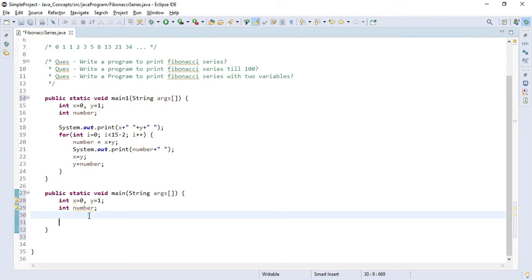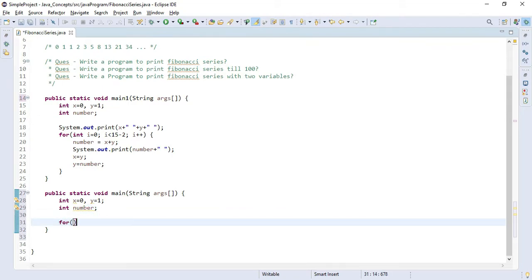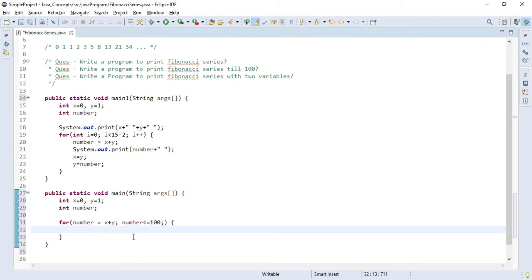So to do that we will create one for loop, and this time we will use number equals x plus y, number is less than or equal to 100, and we will leave the last part empty because I'm going to change the value of number in the body of the for loop.